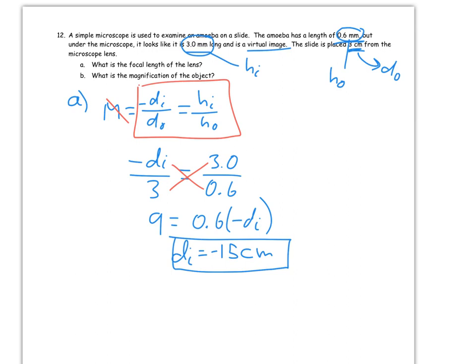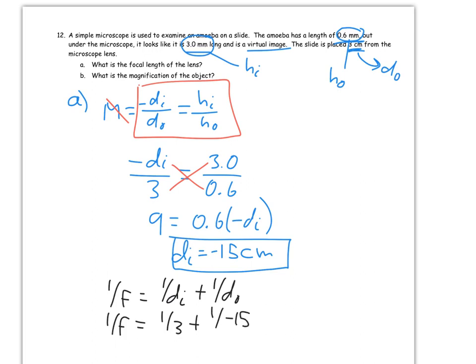From there, we can go ahead and set up our equation for focal length. So we can say 1 over f equals 1 over di plus 1 over do. So 1 over f is going to be equal to 1 over 3 plus 1 over negative 15. So we do our math here, and we find that 1 divided by our focal length here is going to be equal to